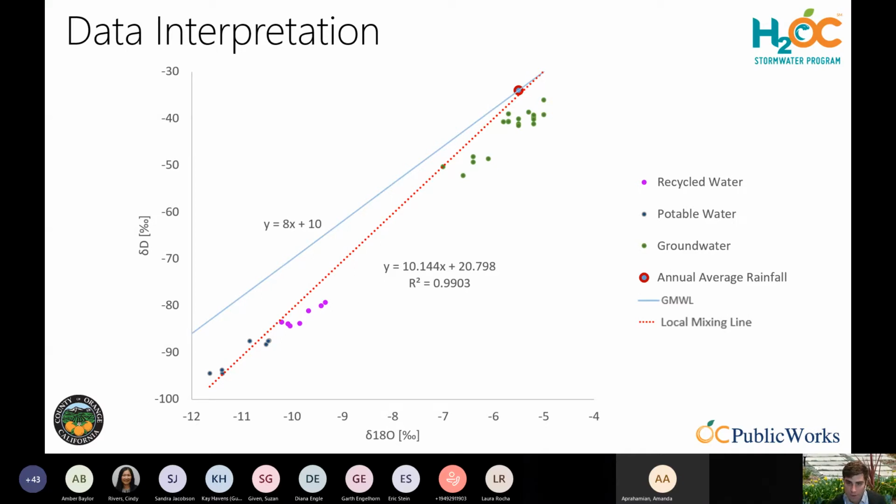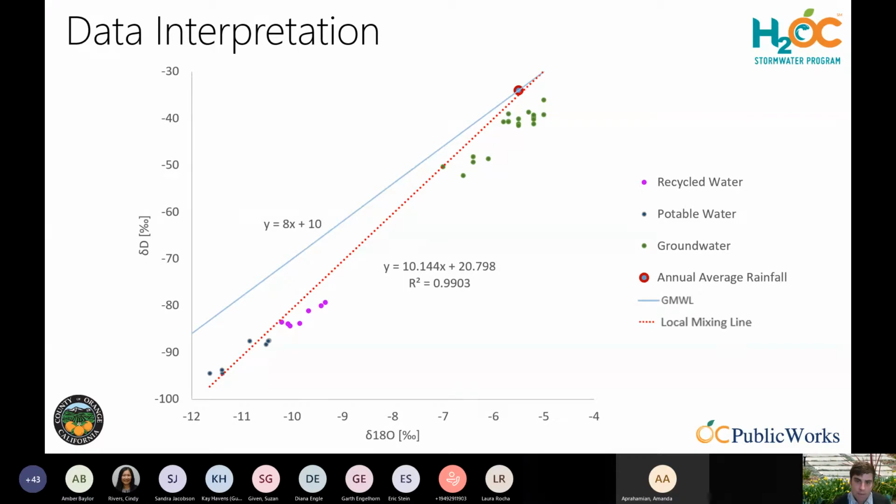And so when you're a coastal watershed, you tend to get a lot heavier water on average isotopic signature than if you're up in the Sierra or if you're in Colorado. And so we see this bear out. We see the lightest by far grouped together in the potable water and recycled water, which are pretty similar in the lower left, coming from other places, coming from places at higher elevation and further inland. And we see the local rainwater